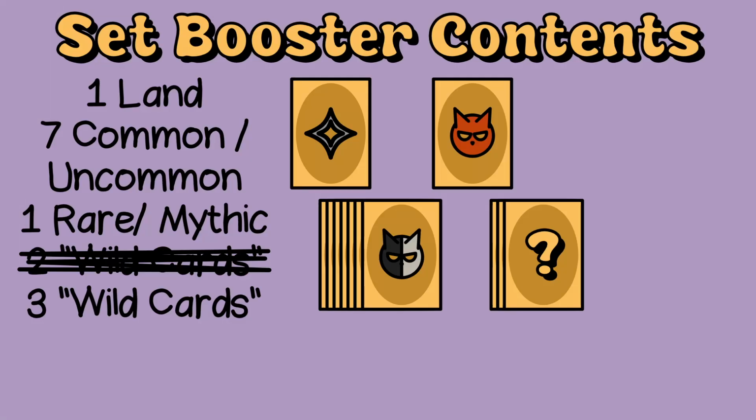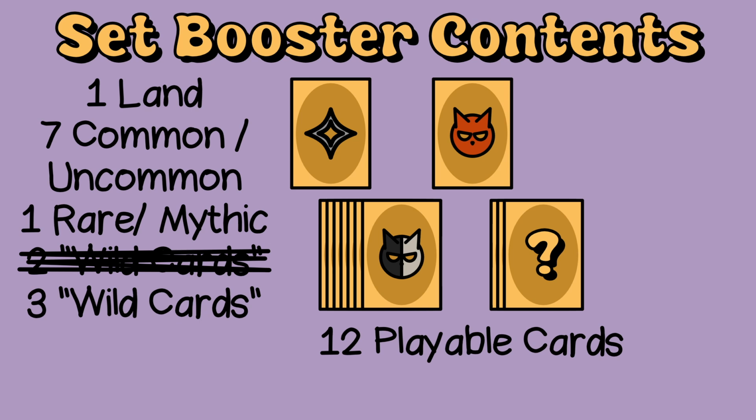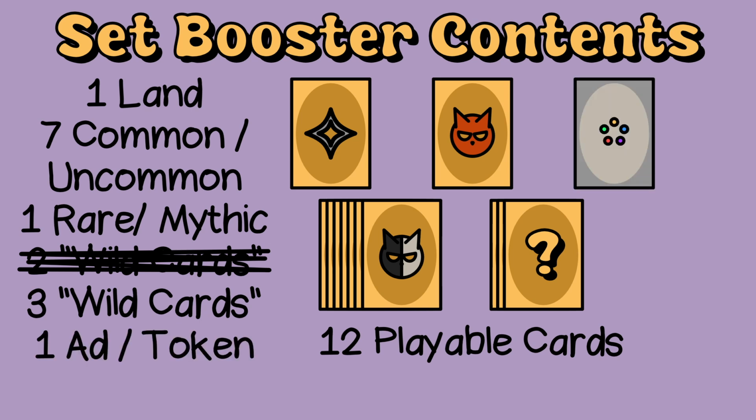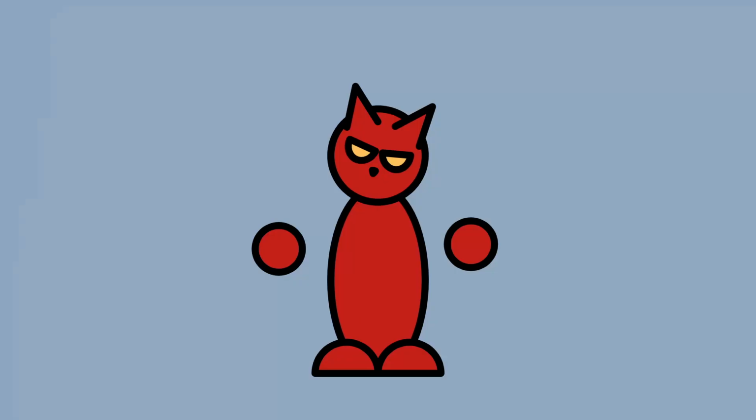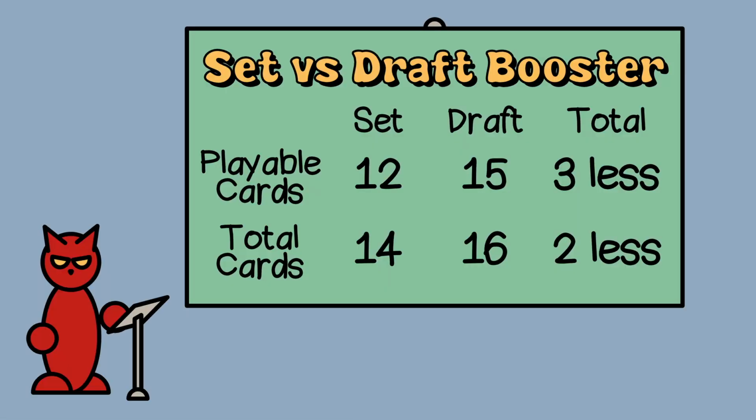So that makes a total of 12 playable cards. These packs would also contain an ad or token, just like draft packs, but in addition, they would also have an art card, which isn't playable, but it has a picture on it. Ooh. So in comparison, there's 3 less playable cards and 2 less total pieces of cardboard in a pack between